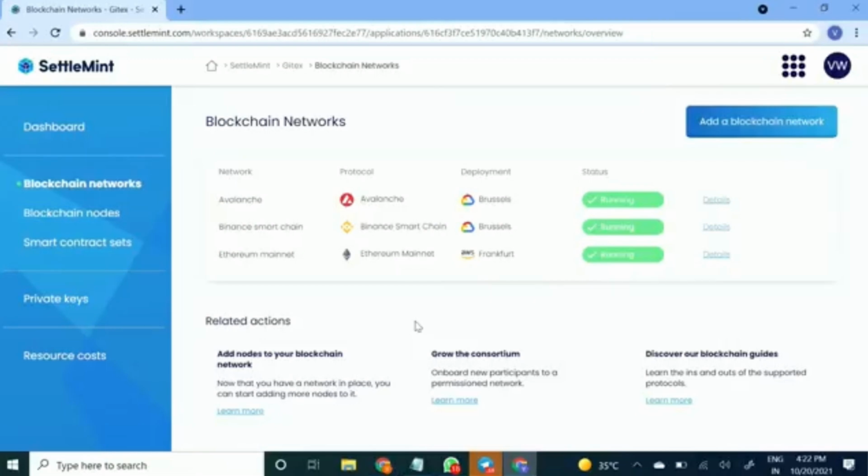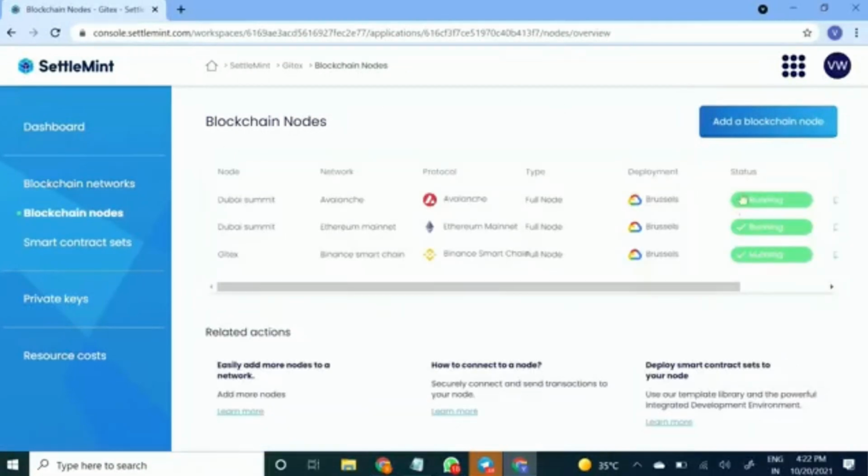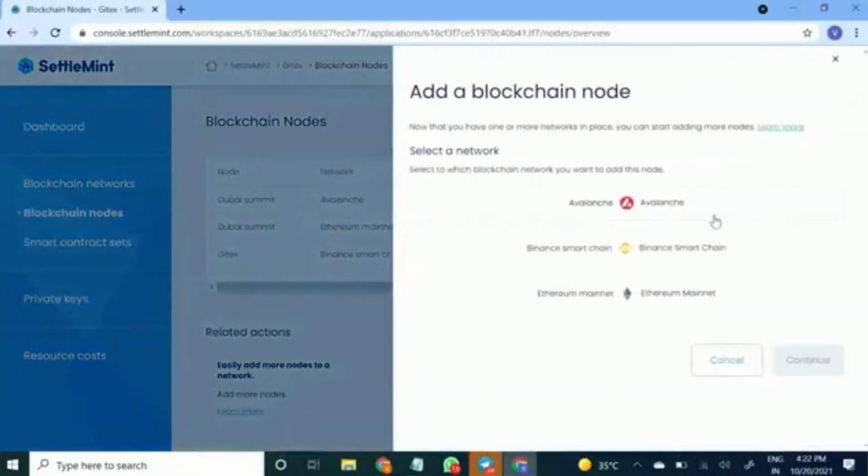For now, we are integrated with 3 main blockchains, so Avalanche, Binance Smart Chain, Ethereum Mainnet, and also a public one, which is Ethereum Enterprise. If you want to launch your blockchain node, it's pretty easy. So you go on Add a Node. Let's start with